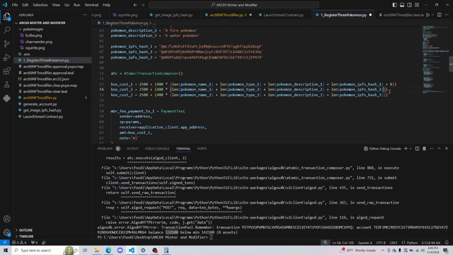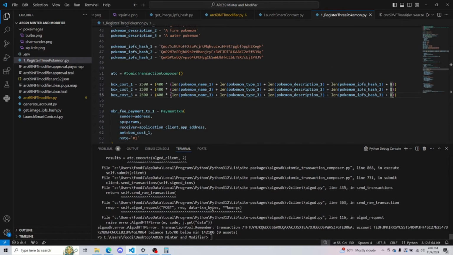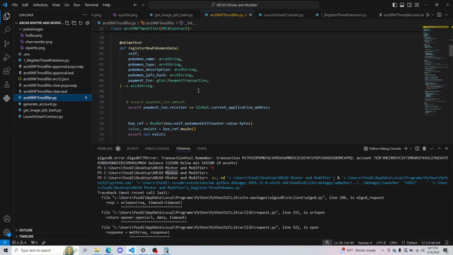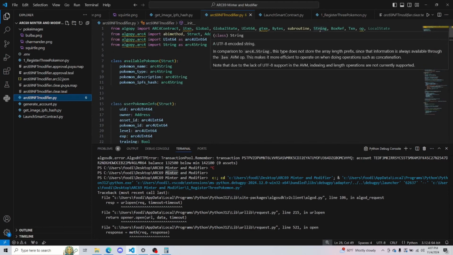And make sure that these are within the tuple, so our arithmetic is correct. And we're still below. And the arc4 standard uses the prefix